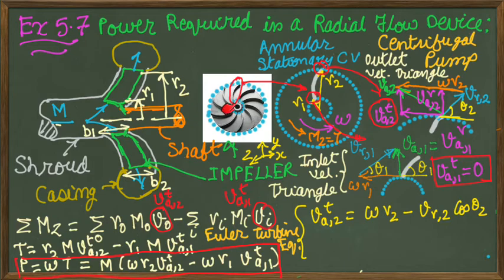basically if you consider the cross-sectional area, it will be 2 pi r1. Let us suppose t is the thickness of the blade, and if you have 10 blades, the circumference will be 2 pi r1 minus 10t. So 2 pi r1 is the circumference of the circle, and if you subtract the solid area corresponding to the thickness of the blades, with 10 blades, the circumferential area from which the fluid is entering the impeller will be 2 pi r1 minus 10t.